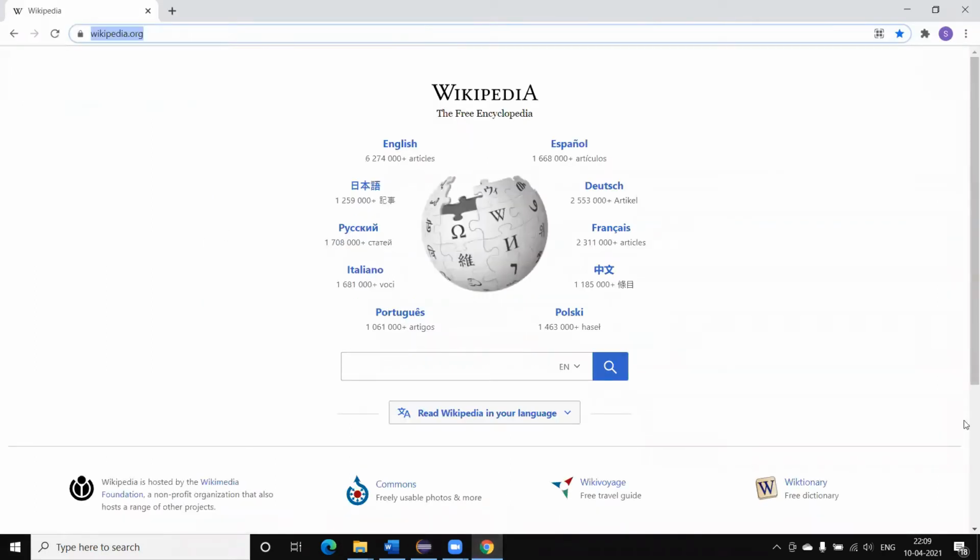So you can see here I have opened the wikipedia.org page.